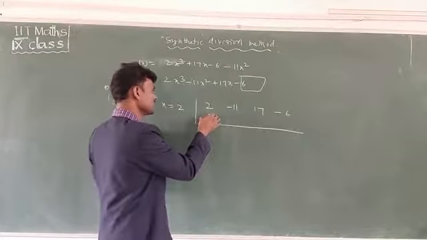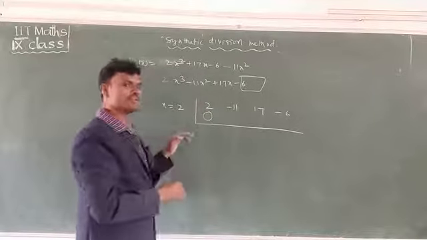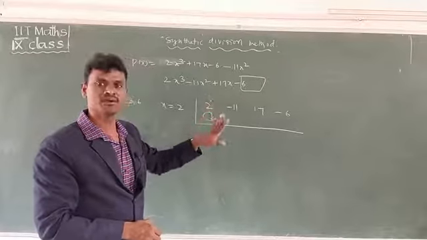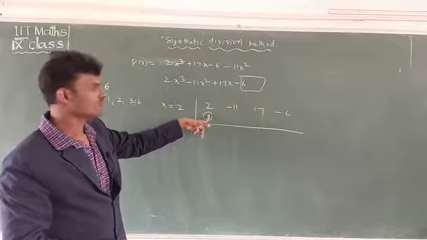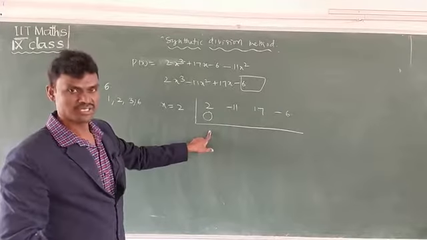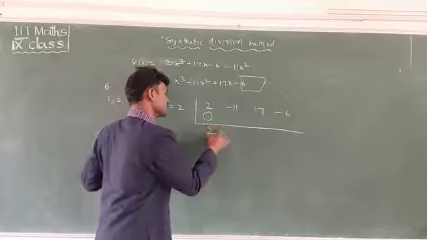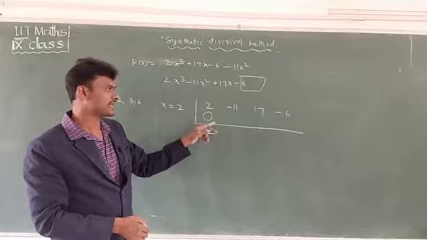Here, 2 means first you can write here, under this is 0. Any number is fine; whatever the polynomial's coefficient is, no problem. But first, according to the synthetic division method, you write the first number under 0. Thereafter what will we do? You add these two numbers. Then 2, again this number into this divisor, multiply and write here.